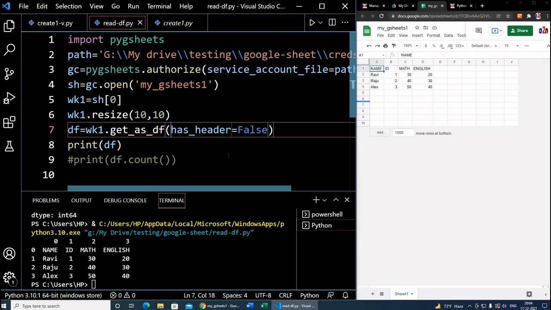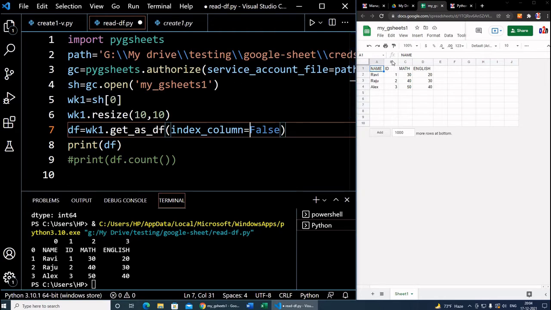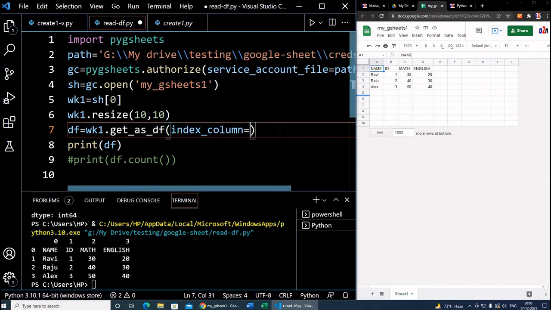One more thing is index. By default you can see the data frame has added an index here. We can specifically tell which column to use as the index. So we'll say index column. We have to give an integer. I want to use id, which you can see on this side is column b, so I will give it as 2.